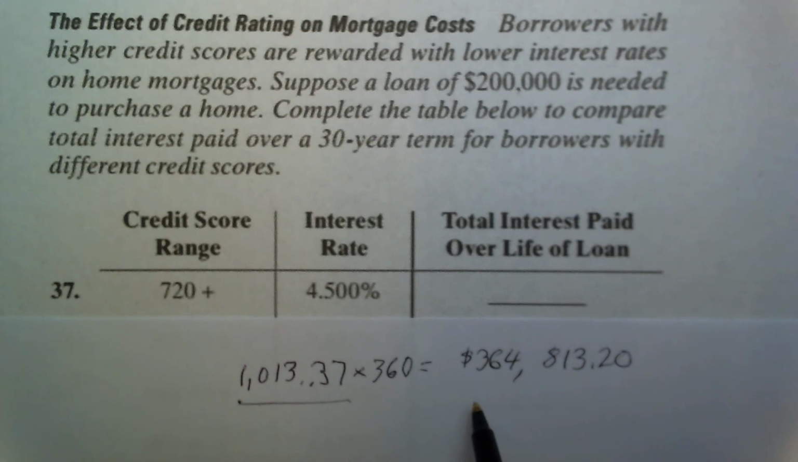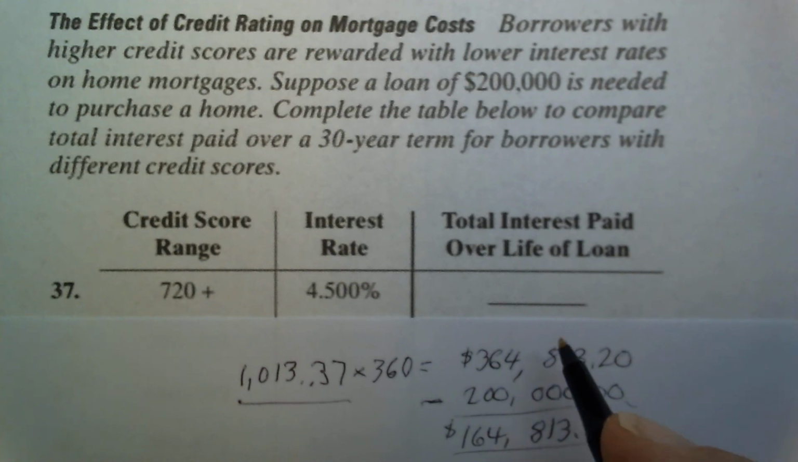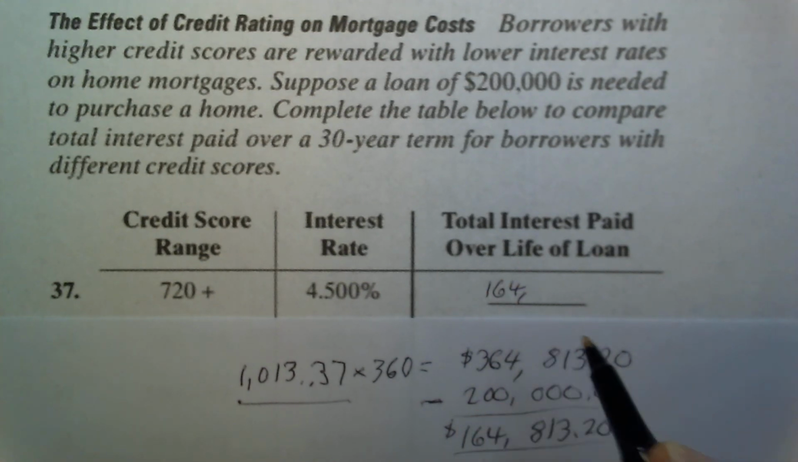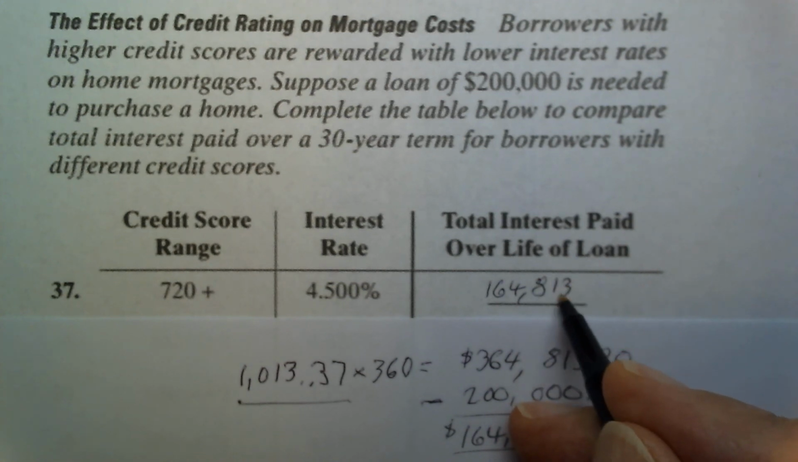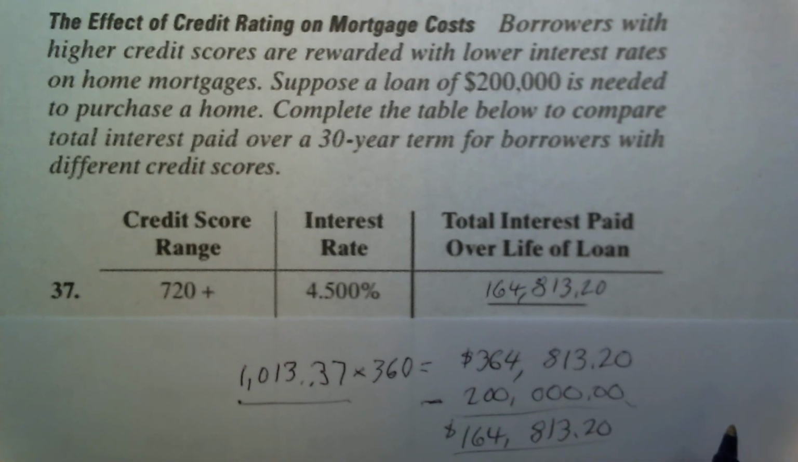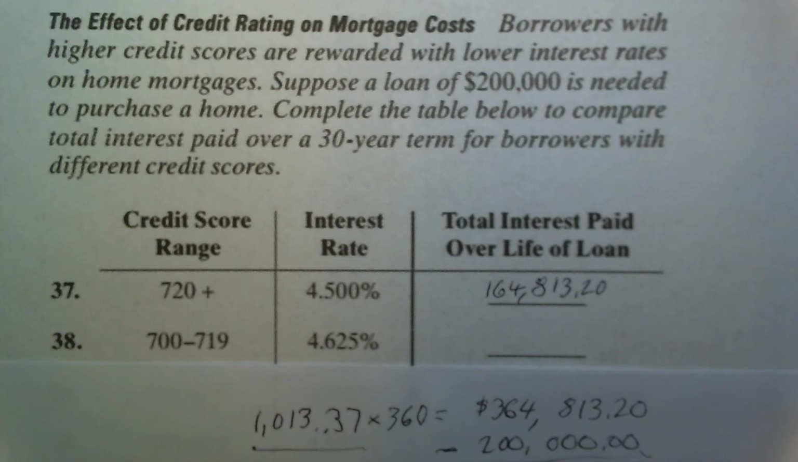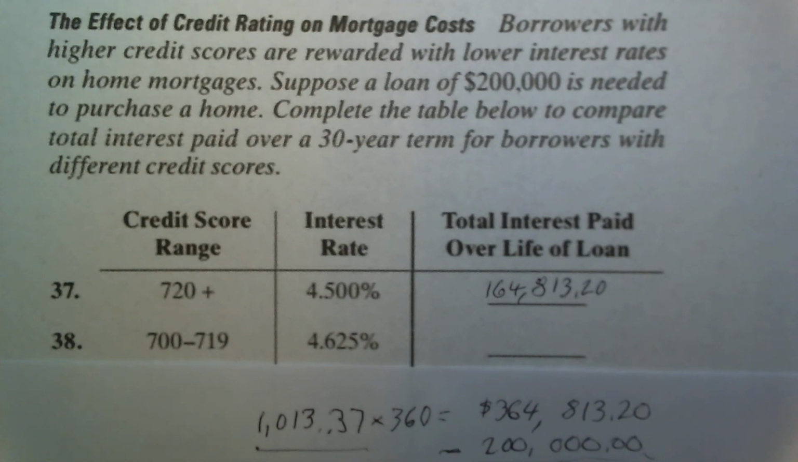And so how much was the amount? The amount was 200,000. So therefore the interest paid over the life of the loan was $164,813.20. So we subtract the 200,000. So $164,813.20. Still quite a bit of money. Now, when we look at number 38, we cannot use table 6, so we have to use the regular